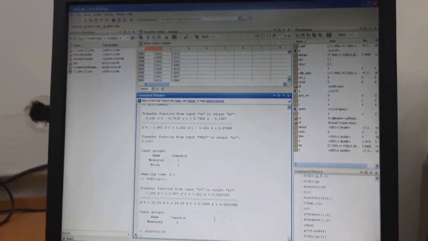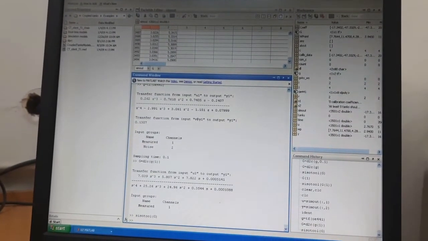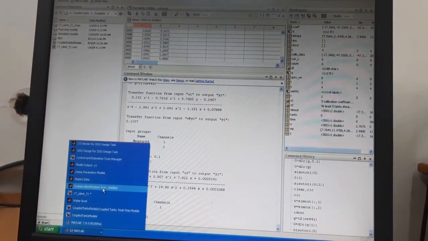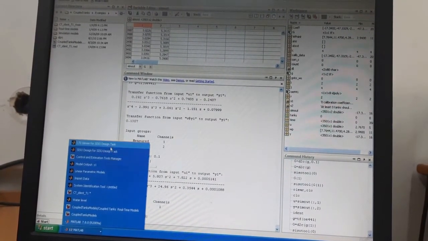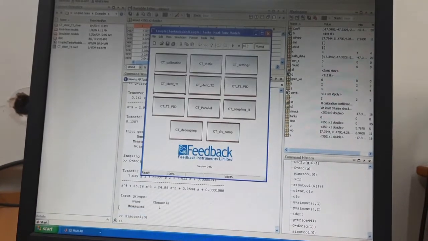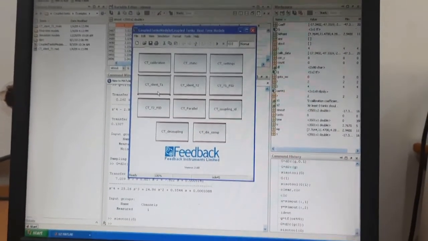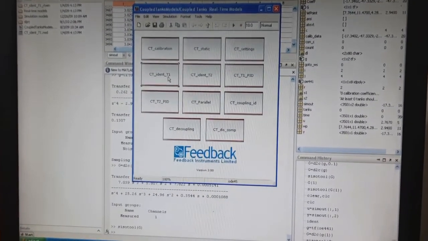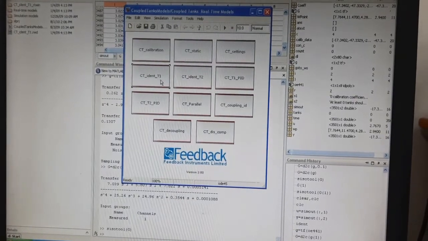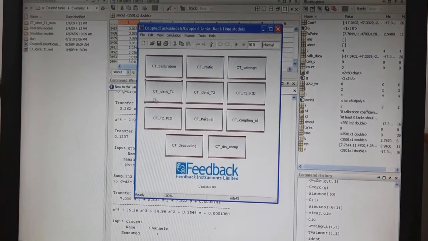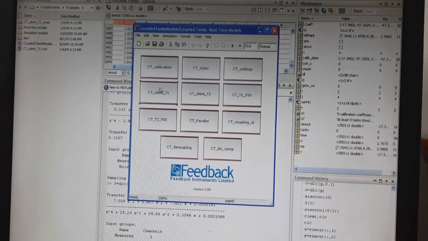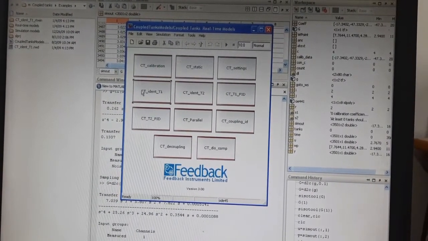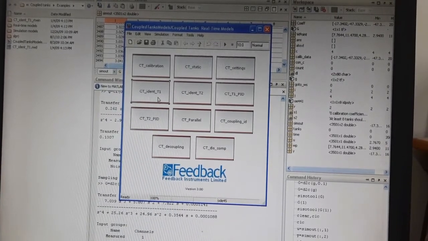After that, you have to go again to the real-time interface of our couple tank model. So we started here. This part we have completed. That means the couple tank identification, the tank one identification part, we completed. Also we have designed an estimated PID for the estimated model using that identification toolbox. So that part we have done.